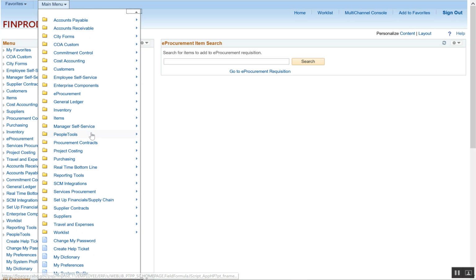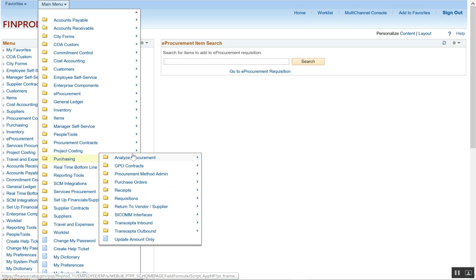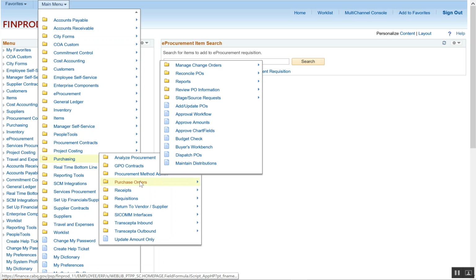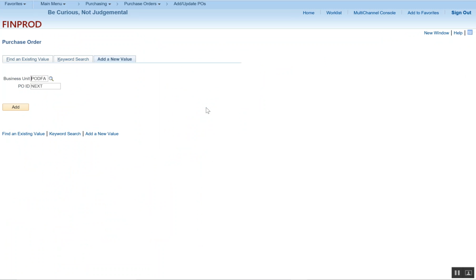So I'm going to go to main menu. I'm going to go to purchasing. I'm going to go to purchase orders, and I'm going to go to add update POs. And feel free to pause the video as you're watching so that you can follow along as we go through this. When you get to the purchase order screen, the system will default to add a new value tab, and